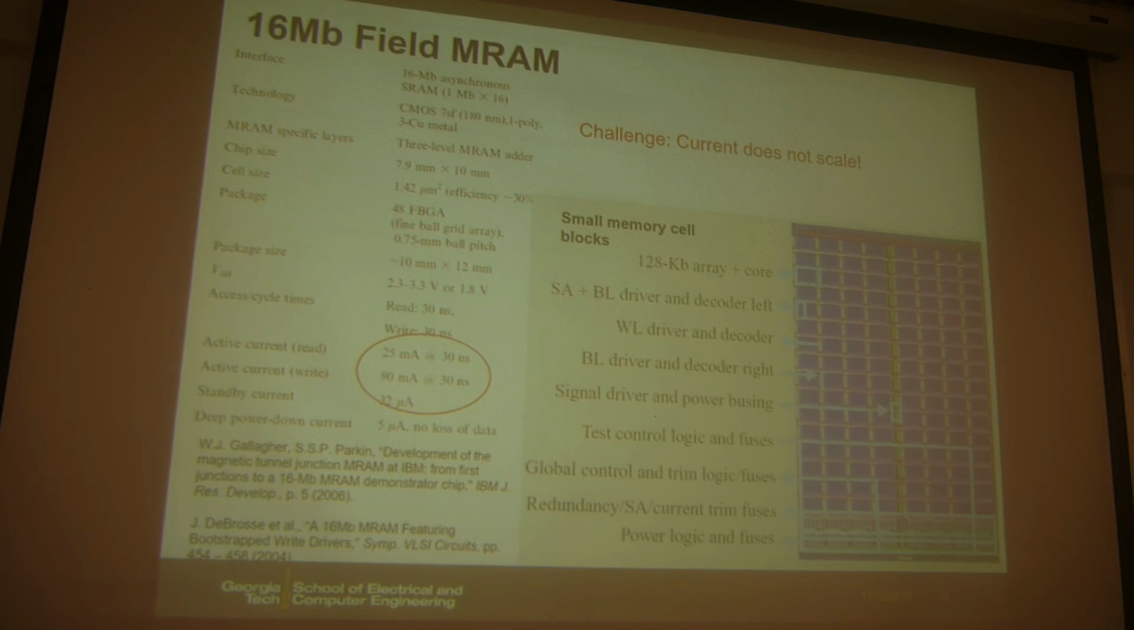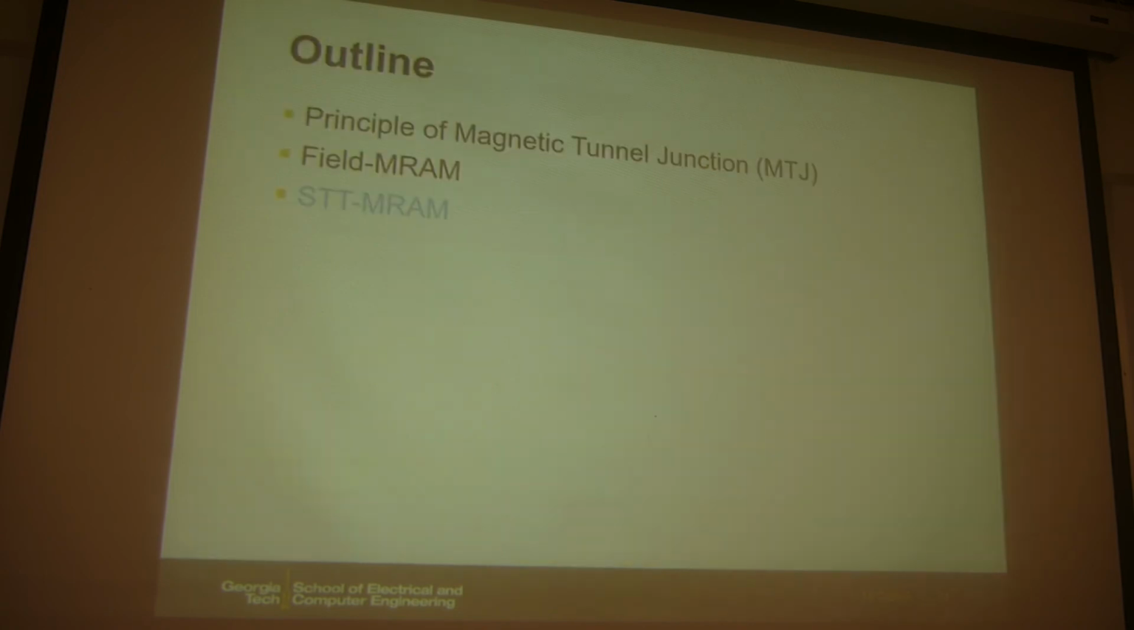This is a key problem for the Field-MRAM, because it relies on this fringing field, fringing magnetic field, right? You pass current, and you hope this current will generate the surrounding magnetic field. So this current needs to be very large to generate strong enough field. So that's why this technology does not scale, because this current is too large. And later,